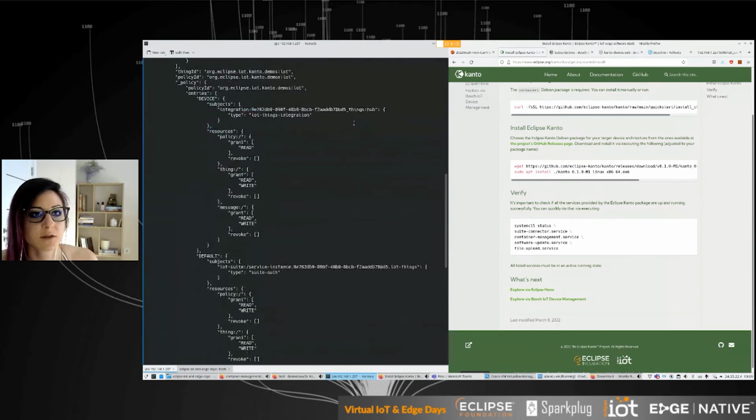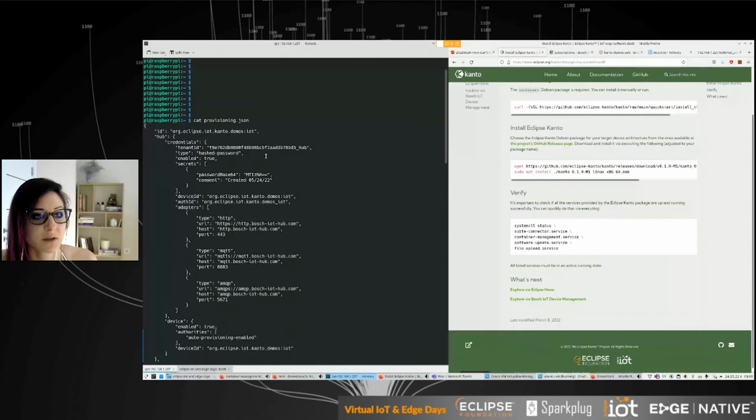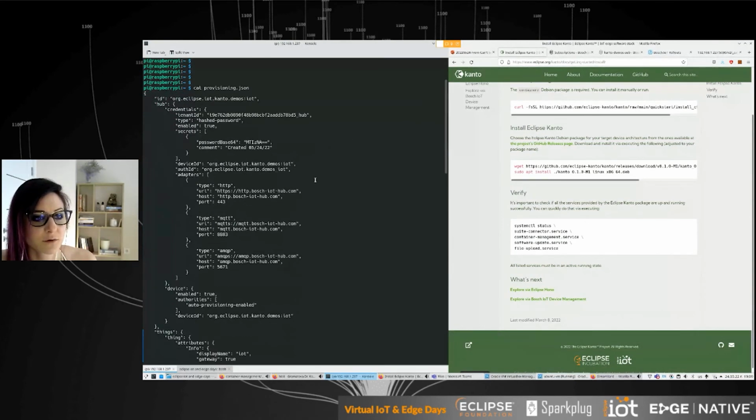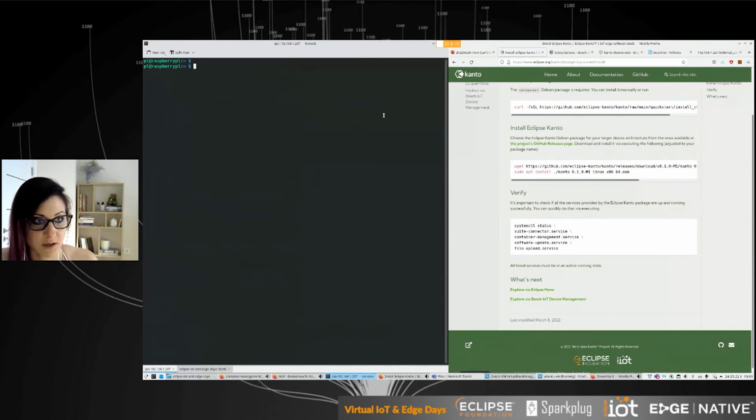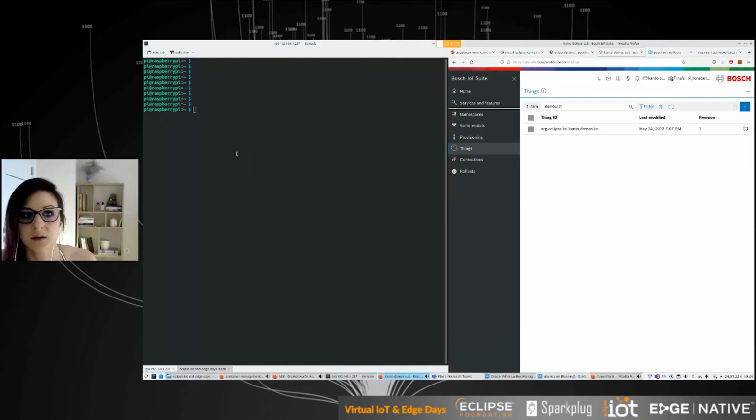This provisioning JSON actually contains all the authentication, authorization, and connectivity endpoints information, which in this case Eclipse Kanto uses to connect. Now, if we go back to our things, the only thing I need to do now is actually copy the provisioning file to etc suite connector, which is the directory which is dynamically monitored by Eclipse Kanto.